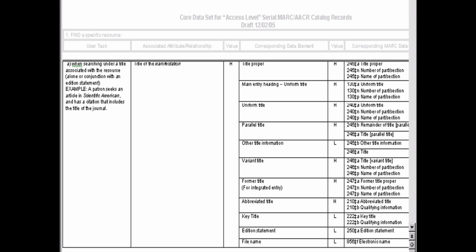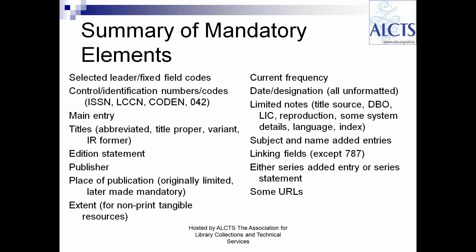So we went through, like I said, about 40 to 50 pages of these charts. It was a pretty intense activity. And we forced ourselves to do high and low so that we really had to make decisions about the whole medium value thing. We knew that we would not make some hard decisions if we didn't force ourselves to do high and low. So I'm not going to go over